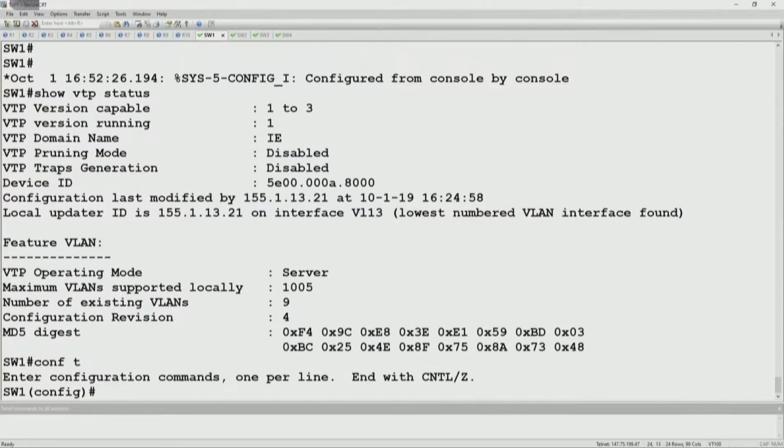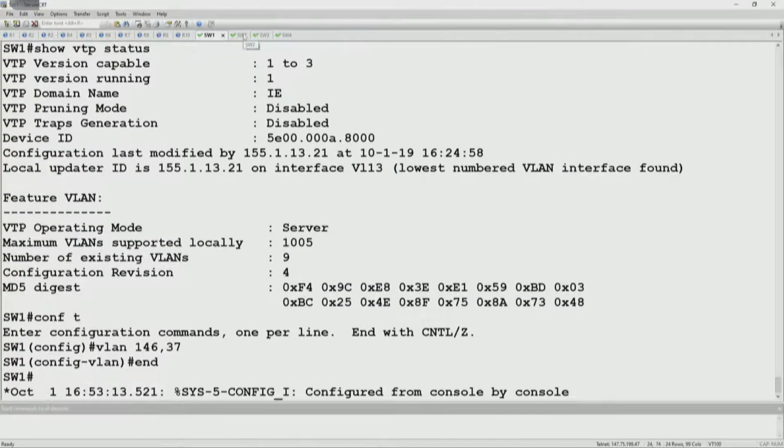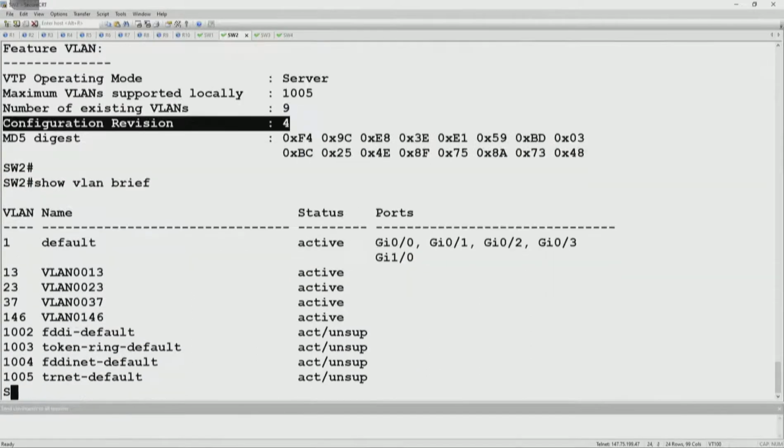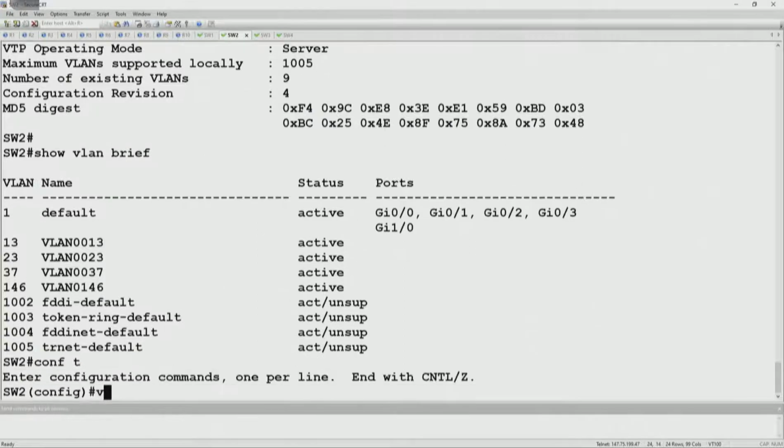Any of them can create the VLANs and then have them advertised to the rest of the network. So we created VLAN 146 and 37. We go to switch 2, we look at show VLAN brief. We now have VLAN 146 and 37. Okay, if we were to turn VTP pruning on,